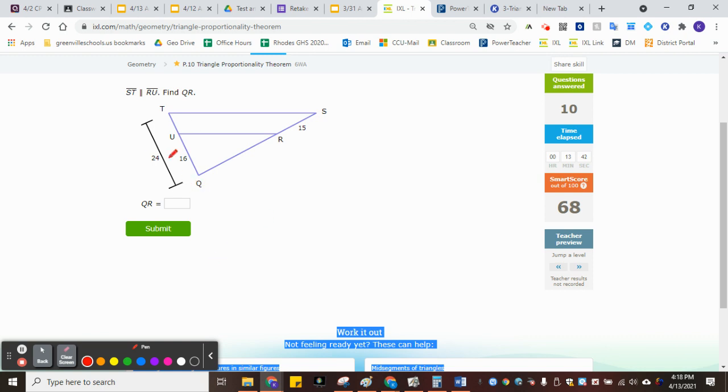Okay, we're trying to find QR. We're trying to find this. And we know the whole thing is 24. So 24 minus 16 gives me,